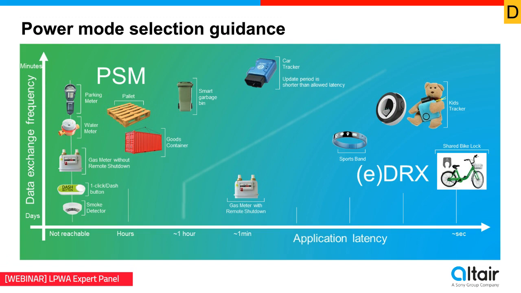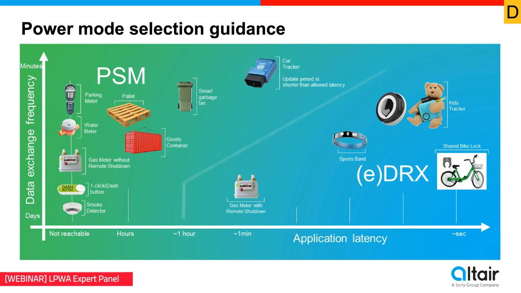And to answer that, we came up with two metrics. One is the application latency requirement, or what would be the maximum amount of time acceptable between the application request and when it gets the answer. One of the typical devices would be a bike lock. If somebody wants to open the bike lock remotely, he pushes the button on his smartphone and he wants to get the answer, or the bike open, immediately. Those are devices which work with small to moderate latency, and they should work either in eDRX or regular DRX mode.